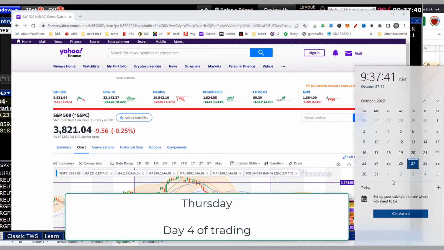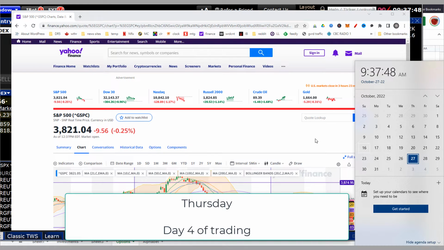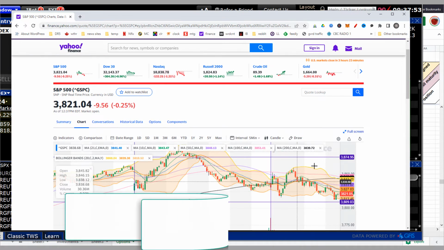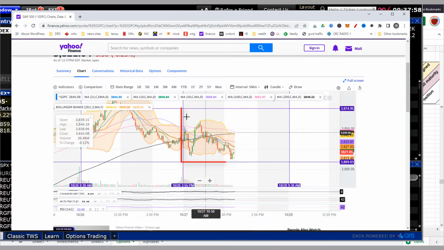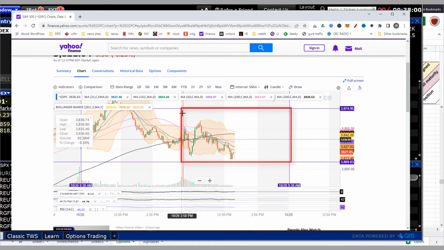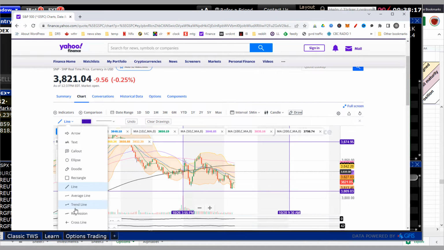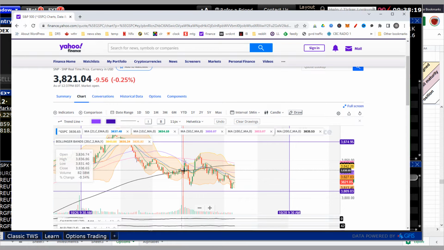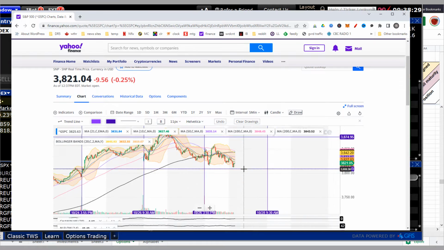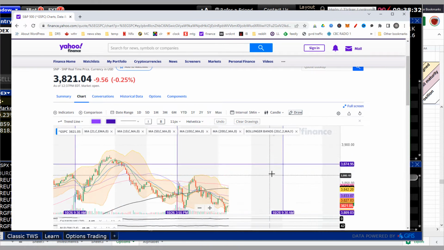All right, so it is Thursday at 12:37 Eastern Time, and let's take a look at what the market is doing today. Looking at this block right here between this vertical line and this one, it's not too obvious what the trend is looking like, but if you draw a line from the start of the day to now, you can see it is down about 16 points. So overall, the market for today at least is trending downwards, and that means I'm going to be selling call